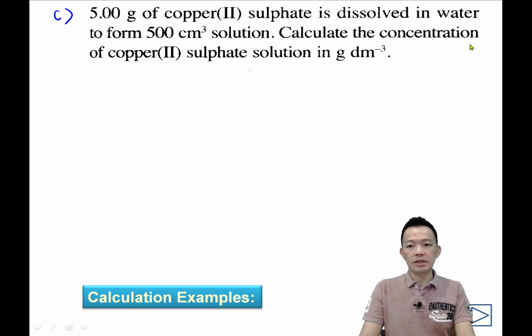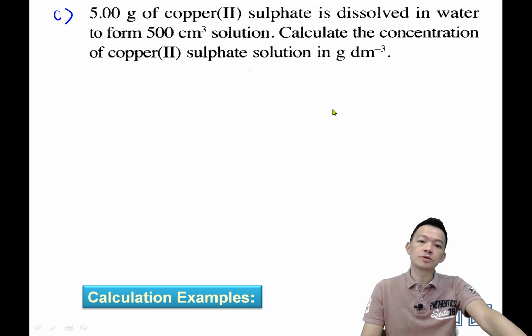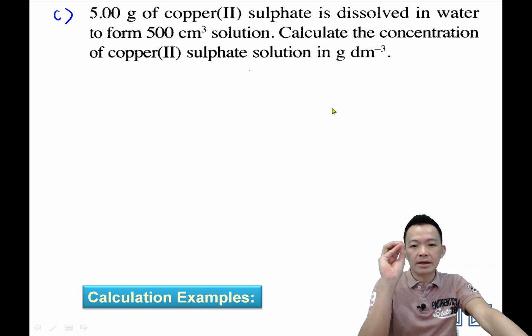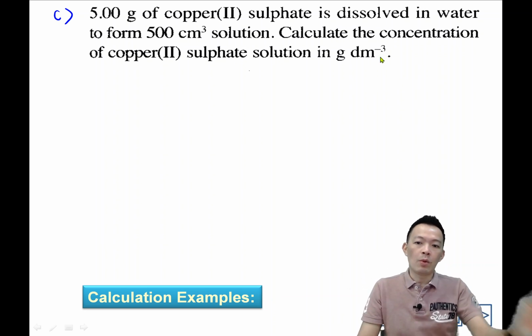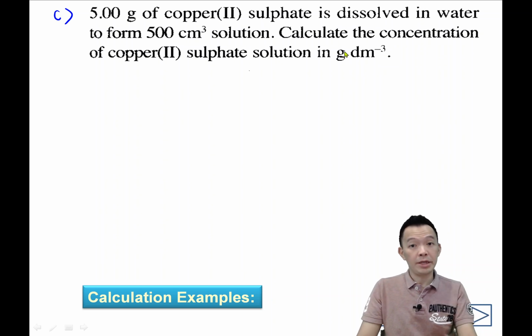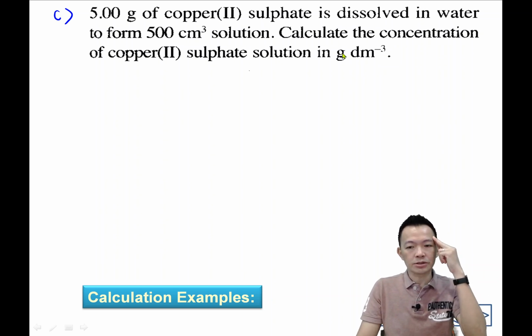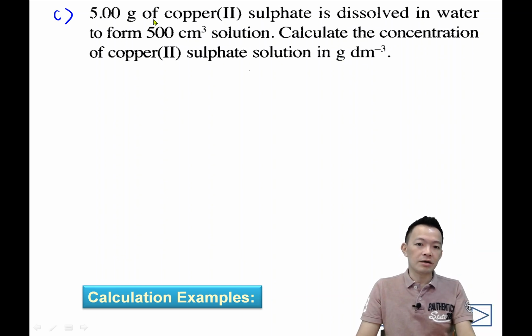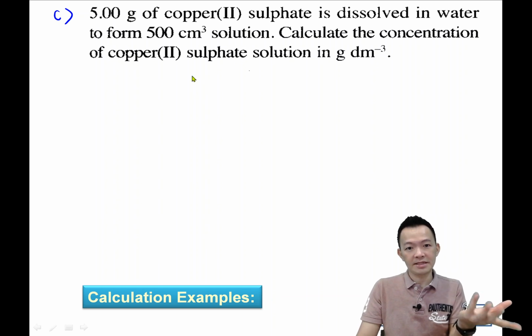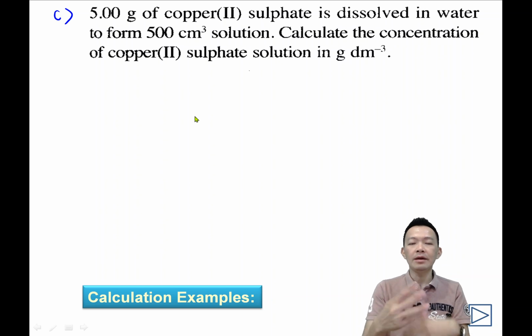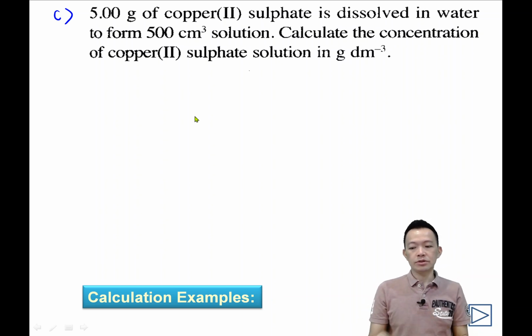So calculate the concentration of the copper 2 sulfate solution in gram per cubic dm. 把它的浓度算出来。So what's meant by concentration? 什么叫浓度呢? 1 liter how many gram? 对不对? 你看啊，半 liter 5 gram 啦，半 liter 5 gram, 1 liter 就 10 gram 咯。So the answer will be 10 gram per cubic dm 啦。OK, 答案已经出来了。